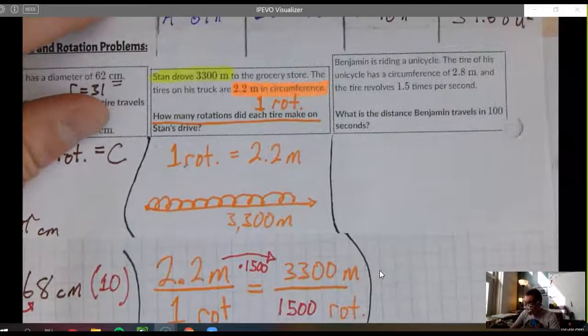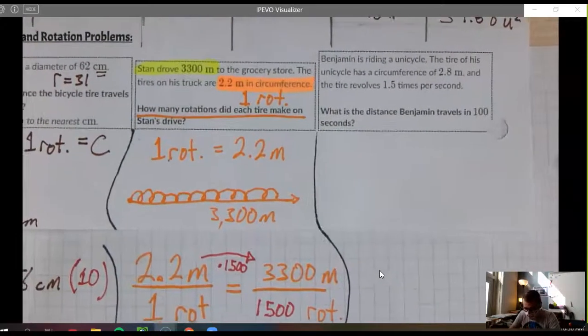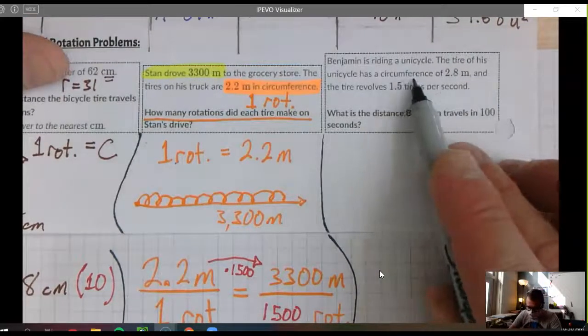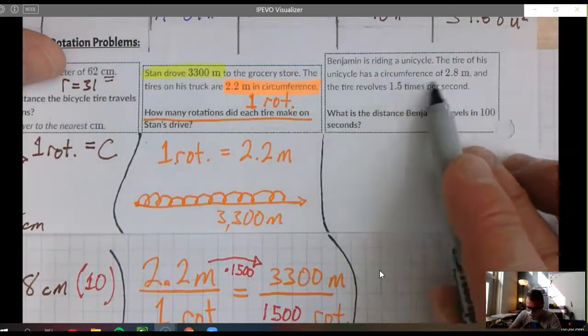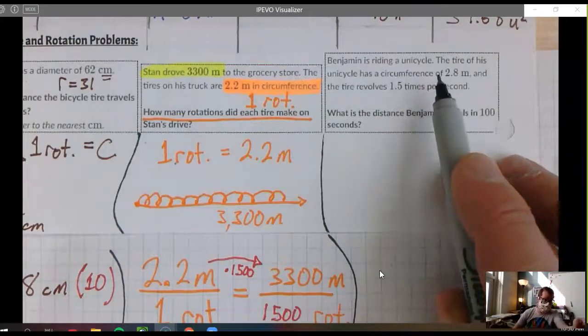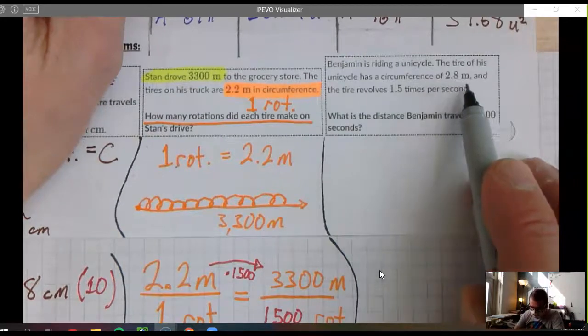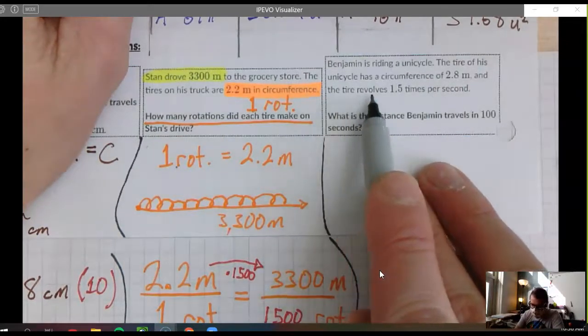Ben is riding a unicycle. The tire of his unicycle has a circumference. What did we say circumference also tells us? Rotation distance, right? The outside of it, the rotation distance. So 2.8 meters. And the tire revolves